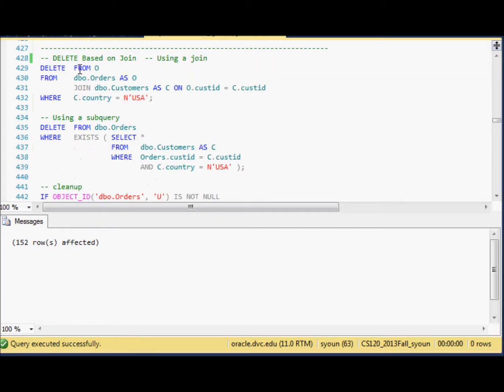So with delete, you can also use joins. You can join the orders and customers tables and make a condition. Then you can delete from the orders table. It will do the same thing as the subquery. You can say orders table where the country is equal to USA, and this is the same as the